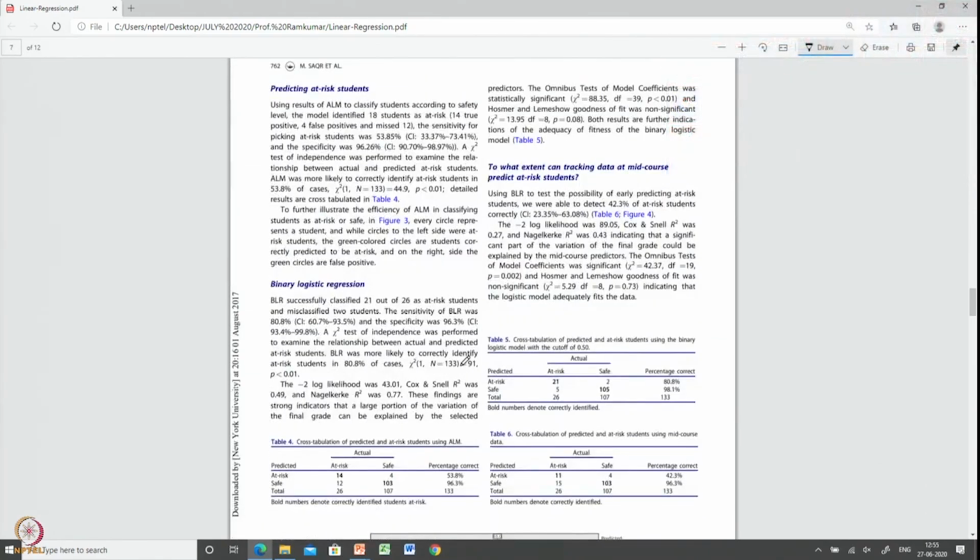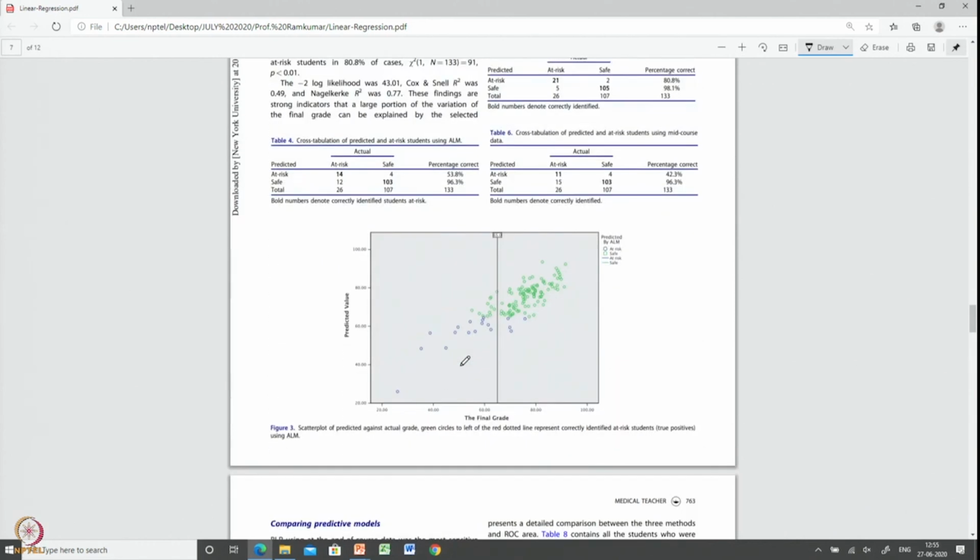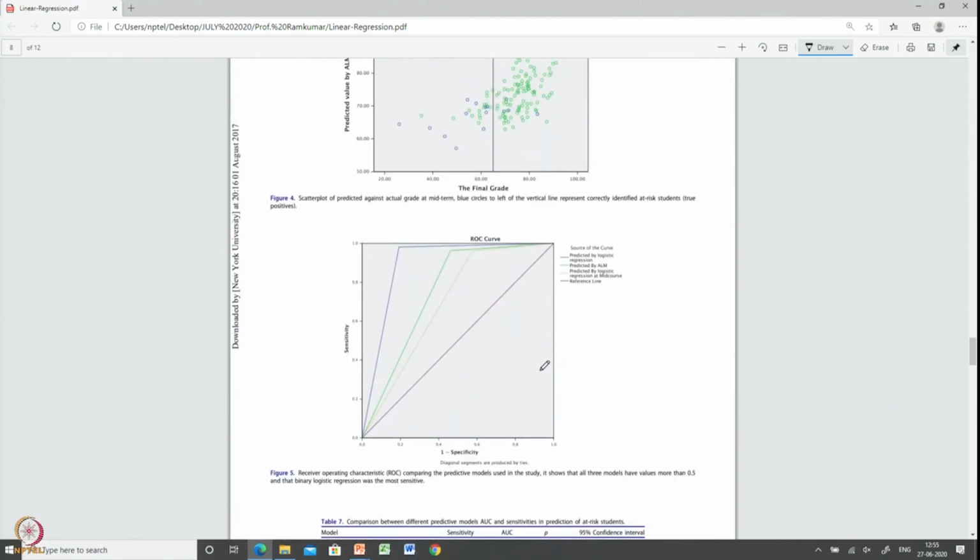So, they computed the students' performance, and they also used logistic regression to do that. They also plotted ROC curves, predicted using logistic regression, predicted using a linear model, and predicted using logistic regression at the mid-course. Mid-course is if you can predict early, you need not wait till all the activities are posted till the end-sem. If I use only the first semester interactions, can you predict it? If you use the mid-sem, so you see this,